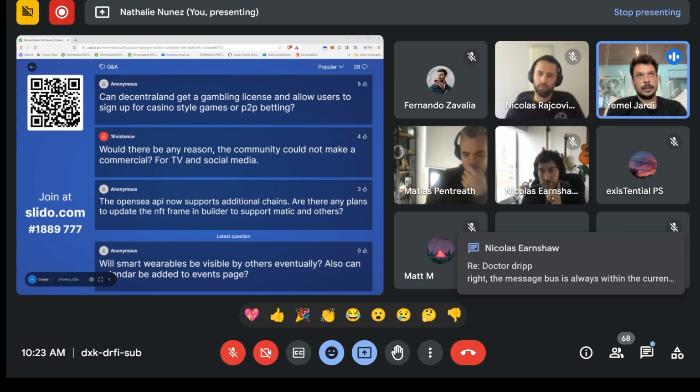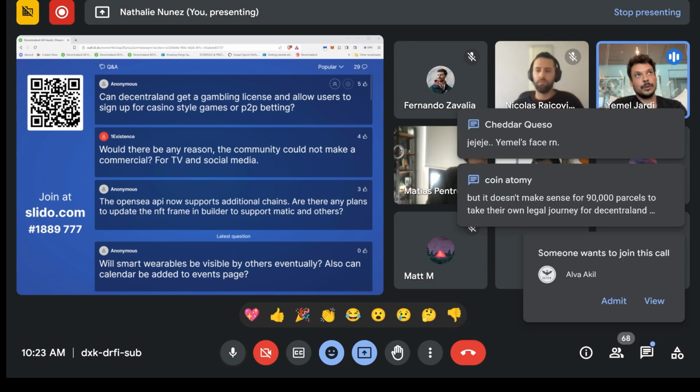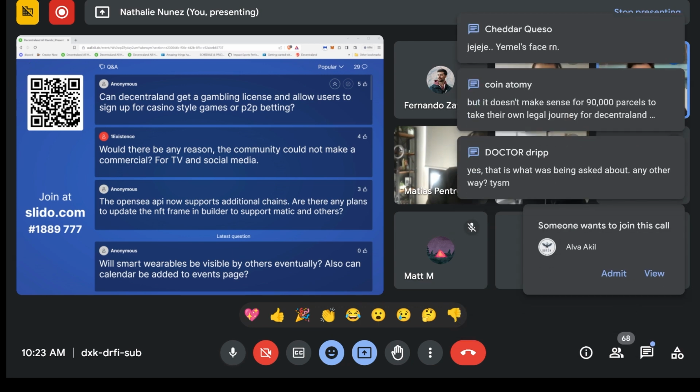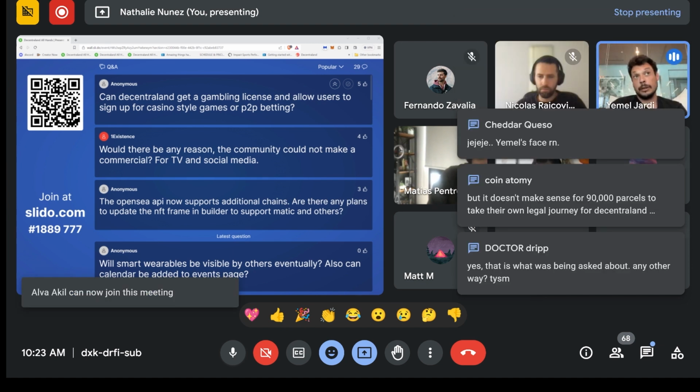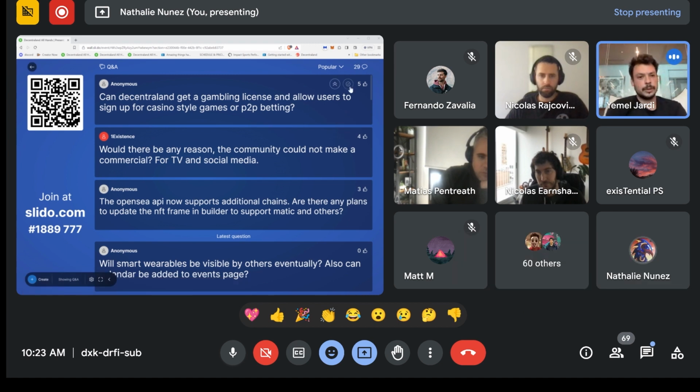We don't want to be liable for the content that other people build on their own land, since we don't have any access to those lands. Decentraland Foundation can only be liable for the things that are on our own land. So if someone is going to get a license to do gambling, it's the creator, the owner of the land. I think that's up to them. I heard Decentral Games was on the path of getting a license as well.